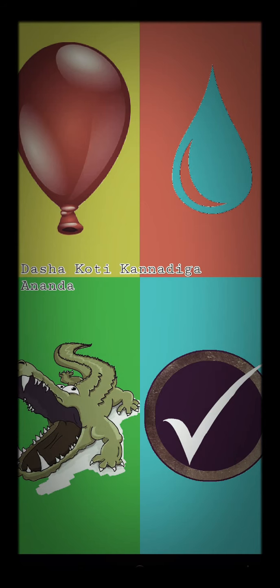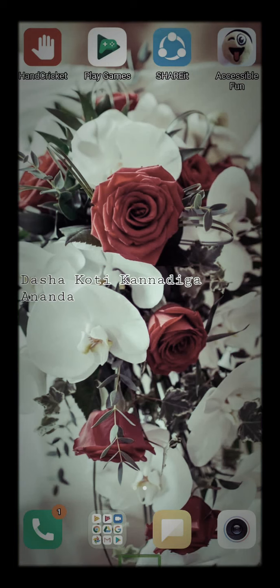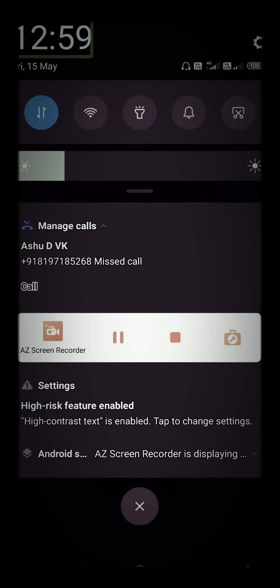There will be different drum sounds and different piano sounds. There will be different instrument sounds. Basically you have to match those sounds, then only you will get the points. Okay, if you have any doubt on these 3 games and explore the 4th game, if you have anything you can comment.